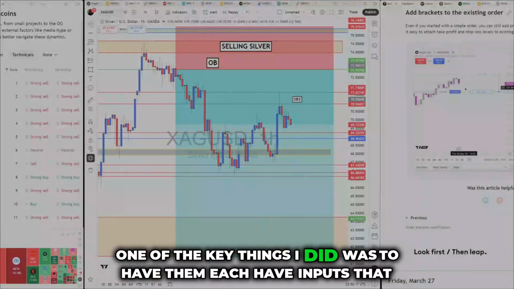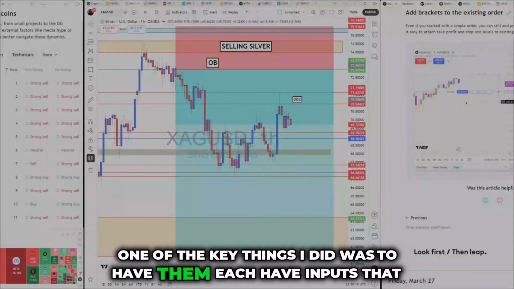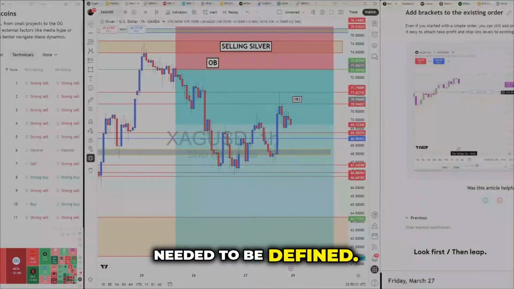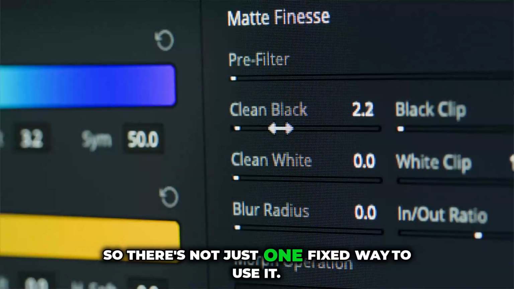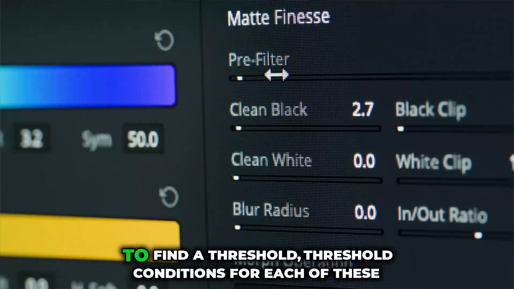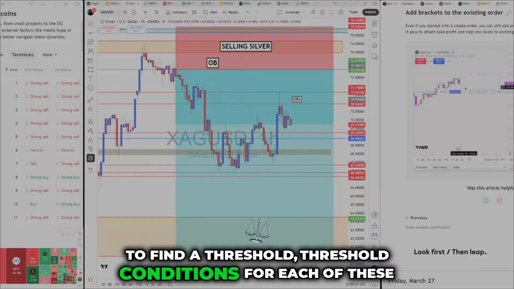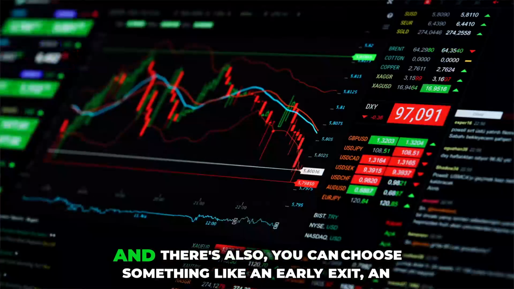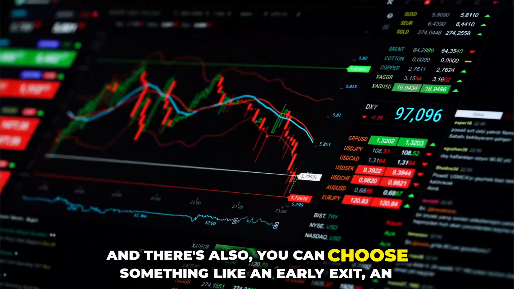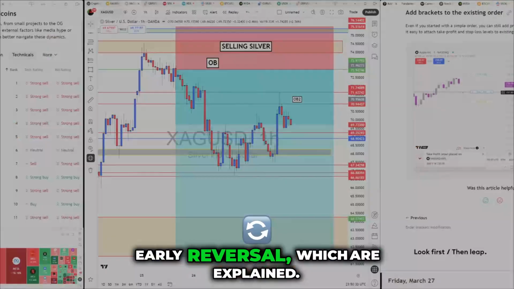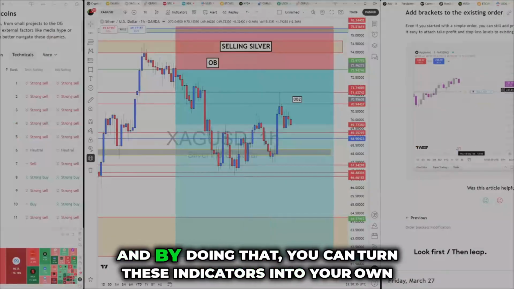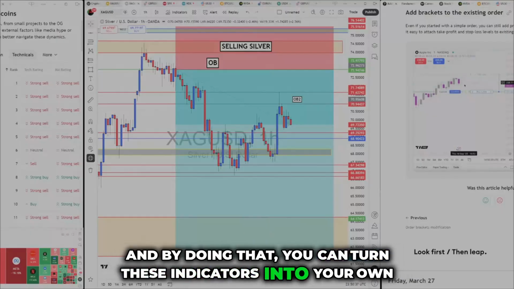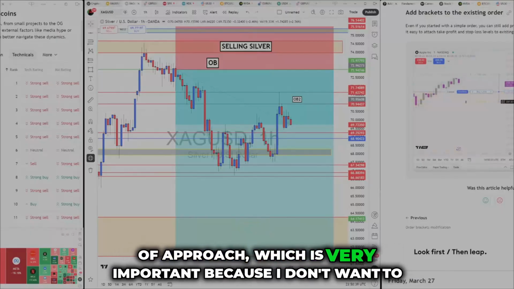One of the key things I did was to have each of them have inputs that need to be defined. So there's not just one fixed way to use it. You have to define threshold conditions for each of these indicators. And you can also choose something like an early exit or an early reversal, which are explained. By doing that, you can turn these indicators into your own sort of approach, which is very important because